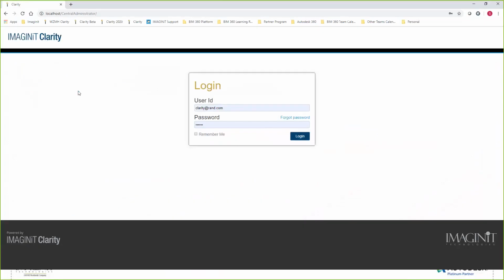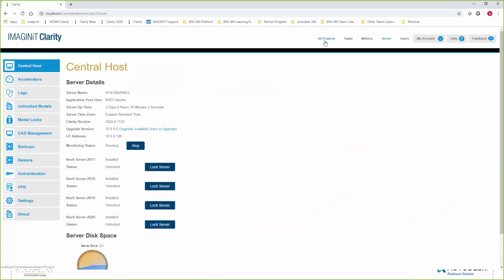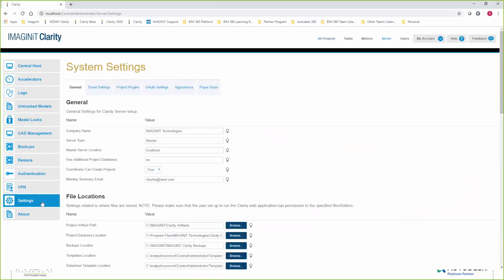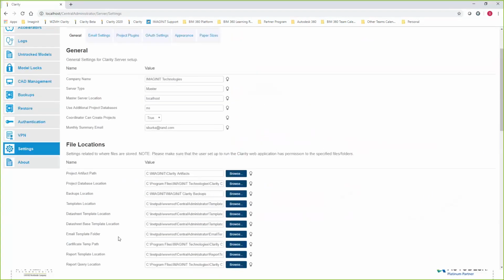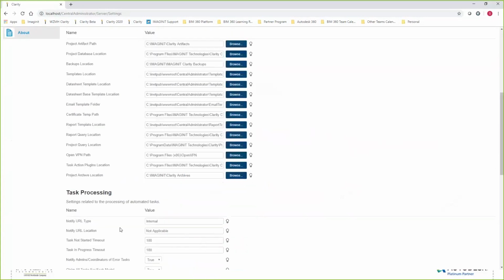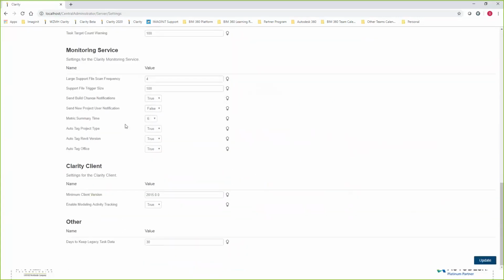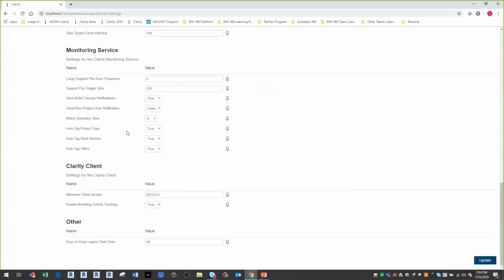I'm just going to log in. And again, actually, this is a good place to start here. So I'm going to go over here to Settings. So the administrator will have to do a few things here when you're creating projects, is that you want to make sure that you have tagging on here. So if I can find that setting here, where did that go? Here it is. So under the monitoring service, you want to turn on the true if you would like, when